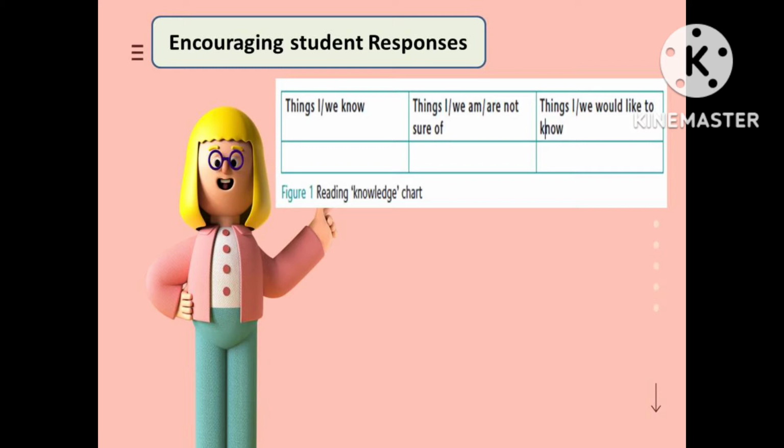So here is an example of a reading knowledge chart which categorizes in three. The first column, they will write things I or we know. The second column, things we are not sure of. The third column, things I or we would like to know. So that way, they are reading the text for their own purposes rather than to answer questions that someone else